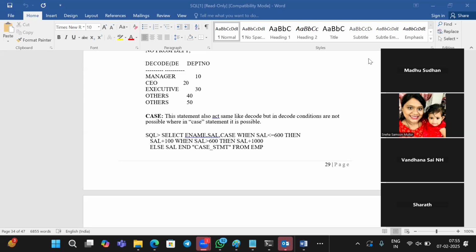If I want to hide the view name, I can give that also. There is a synonym I created, and on top of that, one more synonym we can create. Understood, right? That's a simple thing. So there are two types, public and private. We always go for public. If we create a public one, there is no use of